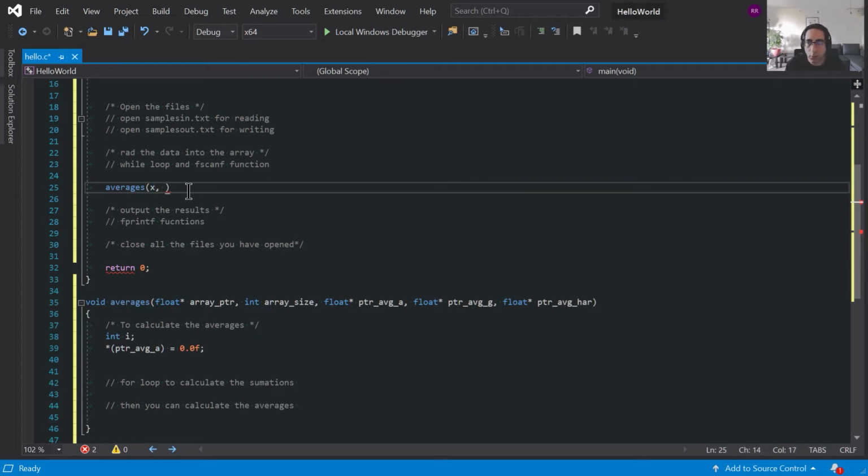It takes an array pointer, and the name of the array is actually the array pointer, pointing to the first argument or the first element in the array, which is the first index in the array. And then the size of the array, which is n. And then